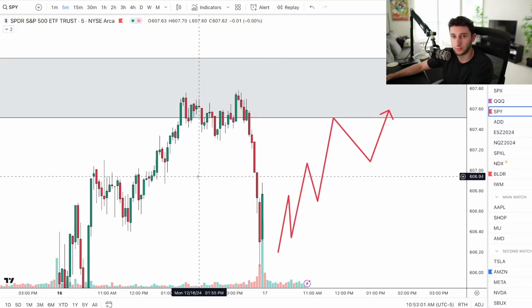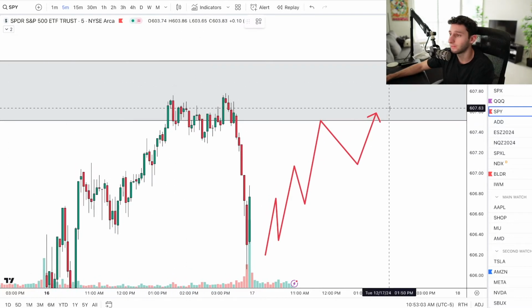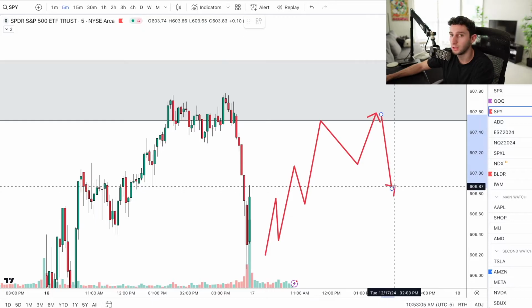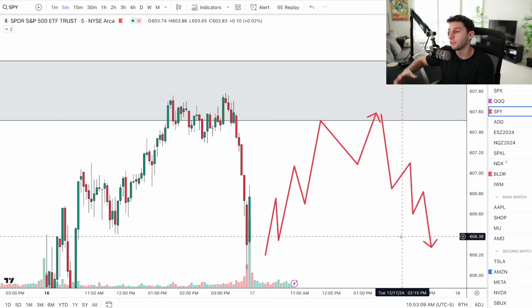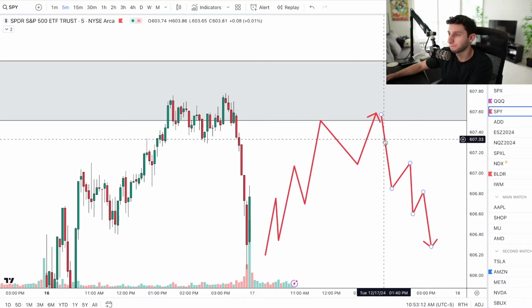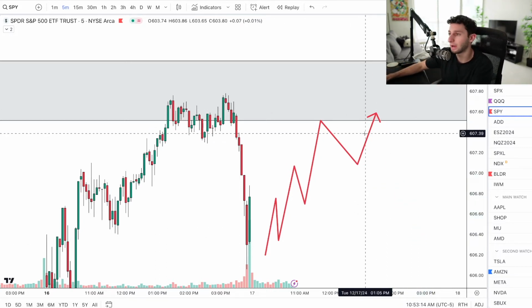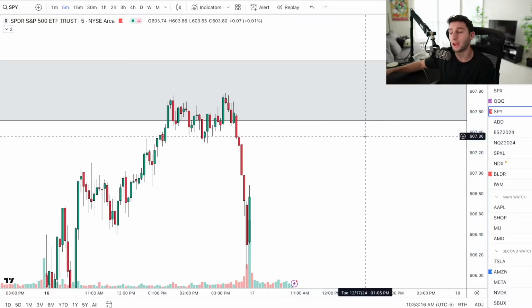Now, what I want to do is simply, it's so easy. All you have to do is wait for price to go into a smaller time frame downtrend. You want to see price shift trend, and that's going to be your entry, right? And obviously, it's very simple in hindsight, but looking at it live time is going to be the best way